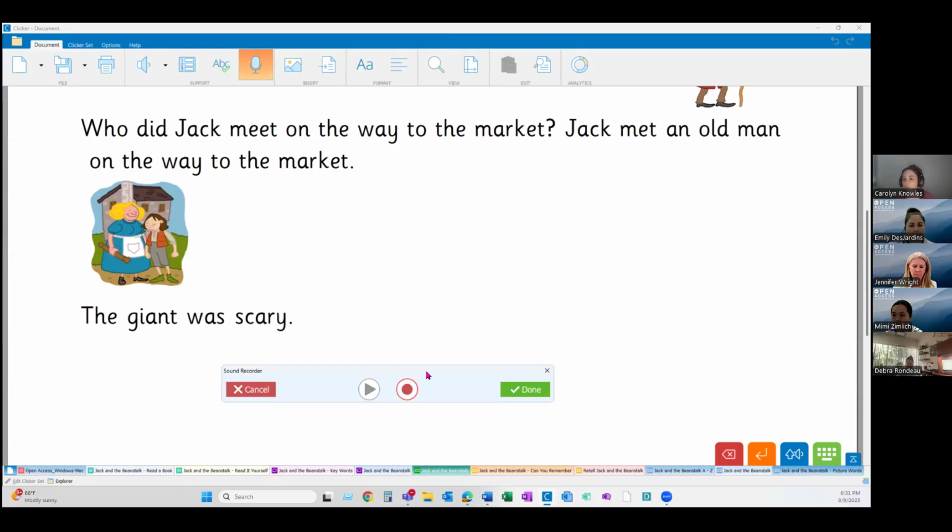So the recording function is exactly the same as before. I'm just going to do a sample one. Please write 5 sentences about Jack and the Beanstalk. When we click done, it'll pin it onto the side over here, as you can see. And these will hold up to a minute of recording each. You can have up to 6 of them in a document, and they'll save right into the document. So it's like literally putting a push pin in, if you can envision that. And when we click on it, it'll just read back to us.